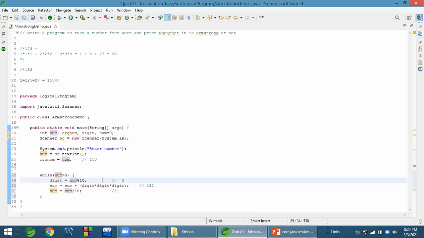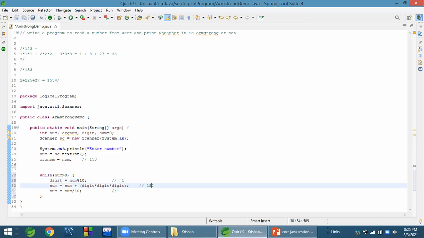When we mod a number by 10, if the number is smaller than 10, then the number itself is the answer. 1 mod 10 is 1. 5 mod 10 is 5.